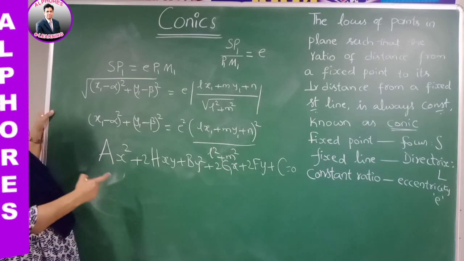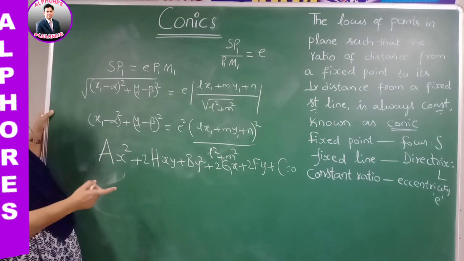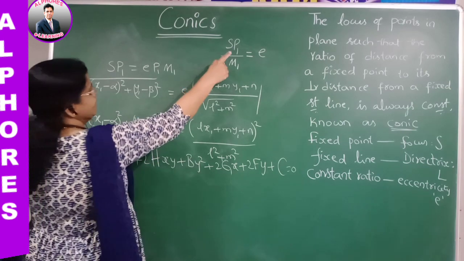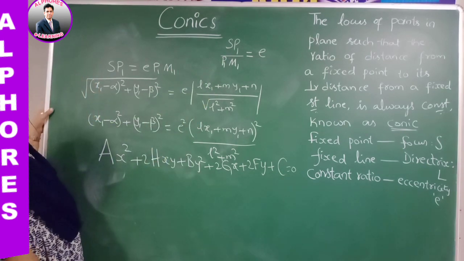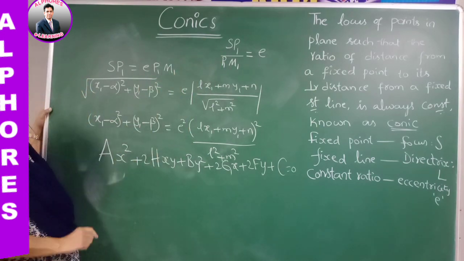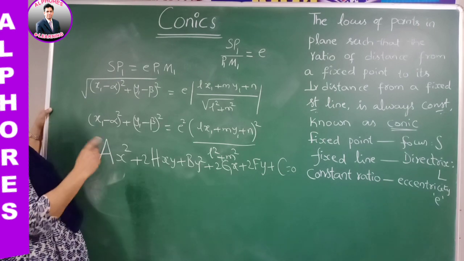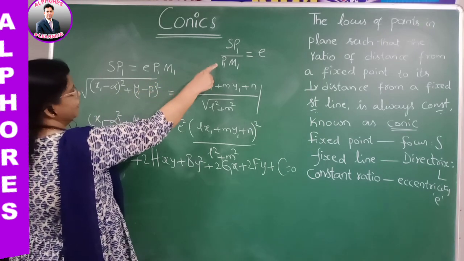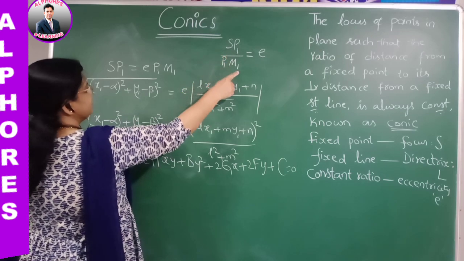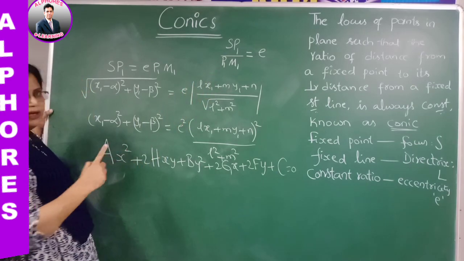Okay. Now under what conditions can we define the conic as a parabola, ellipse, hyperbola, circle, etc.? So first observe what we have taken. P1 is any point on the locus as (x1, y1), S is our fixed point, and the fixed line, known as the directrix, we have taken as Lx plus My plus n equal to 0. Once we have taken that, we applied the definition, that is the ratio of the distance from the fixed point to the distance from the fixed line. And distance from a fixed line is nothing but the perpendicular distance.